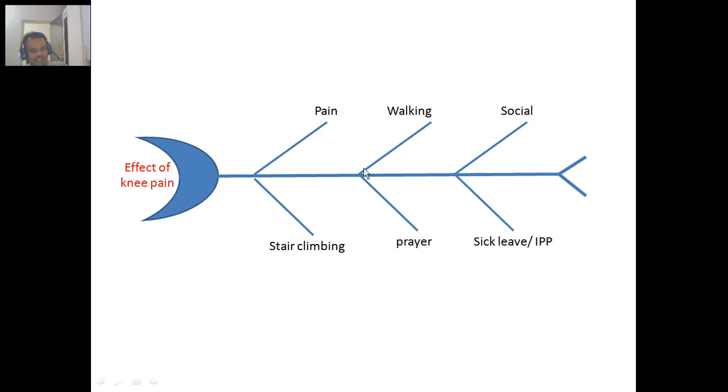Because we have knee pain, every single time walking, weight bearing, or standing becomes a problem, and that's how it reduces physical activity. Because you have knee pain, you avoid participating in social gatherings, such as attending meetings, marriages, and social occasions or functions. Because you have knee pain, you try to avoid stair climbing. Most religions require bending the knees for prayer, or even squatting. So now prayer becomes difficult just because you have knee pain.